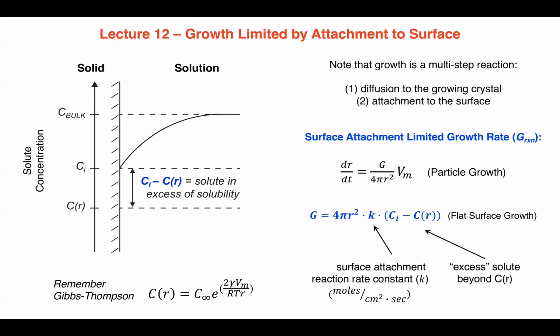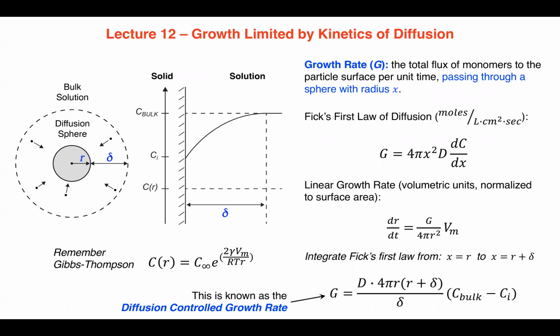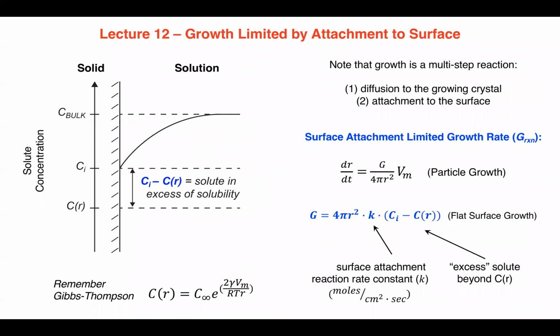All right, so let's consider the other case, okay? I'll back up quickly. This growth expression here is called the diffusion controlled growth expression, and it's expressed as moles per liter per centimeter squared per second. Let's talk about another situation where, instead of diffusion to the crystal being limiting, attachment at the crystal surface is limiting. Okay, so here's a case where the growth rate is really just going to be,